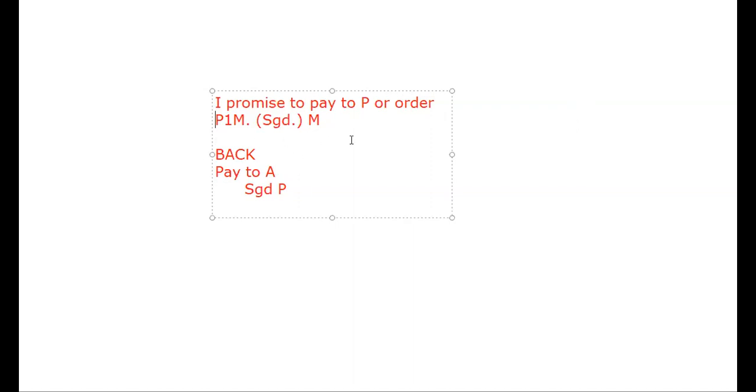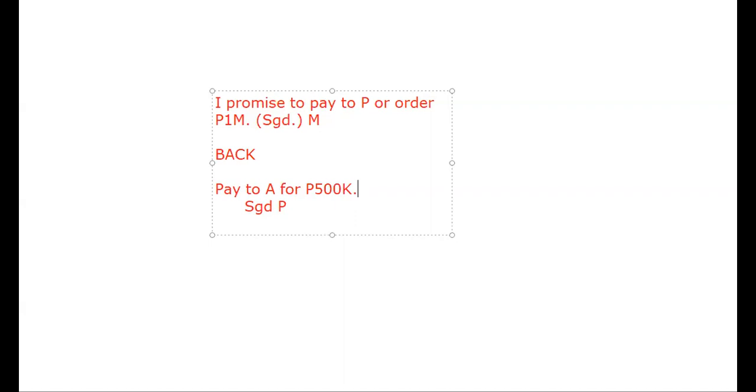But how about if this is what happened? At the back of the instrument, pay to A for 500,000. Is that possible? General rule, sabi natin, no. Because if you endorse the instrument, it should be an endorsement of the entire instrument. Dito, face value of the instrument is 1 million. But how much did you actually negotiate to A? It's only for 500,000. Unless this instrument was already partially paid. Halimbawa, yung 500,000 earlier, it was already paid by M. Hindi nga lang niya makancel yung promissory note because the promissory note is for the entire amount of 1 million.